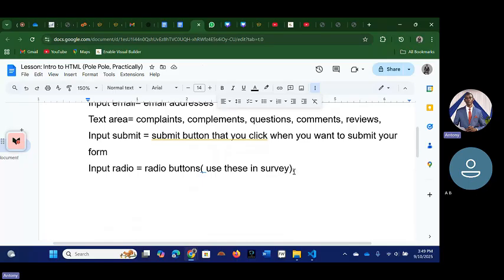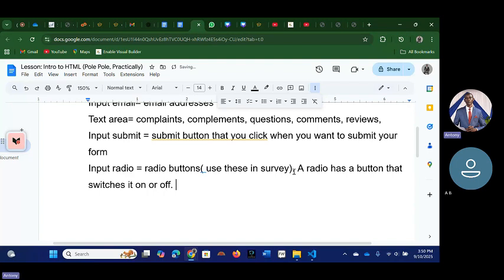I want to give you an example of a radio. A radio has a button that switches it on or off.